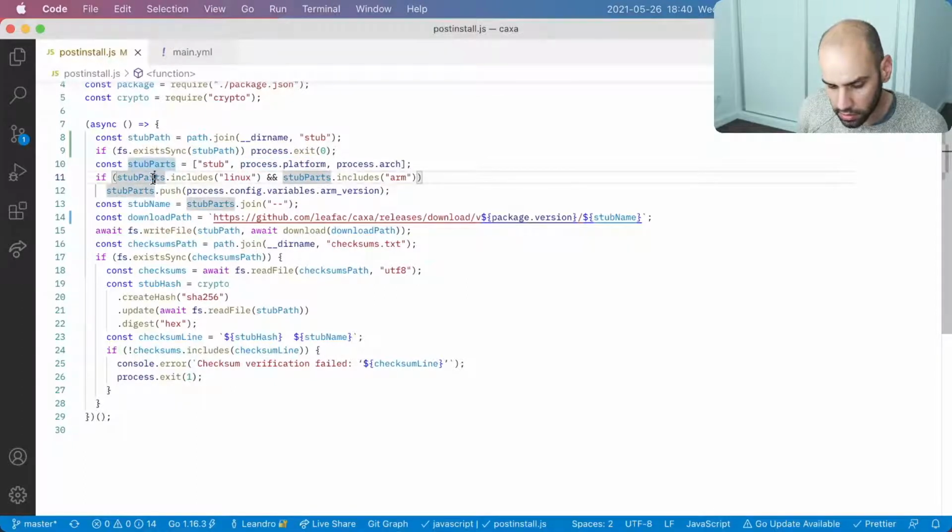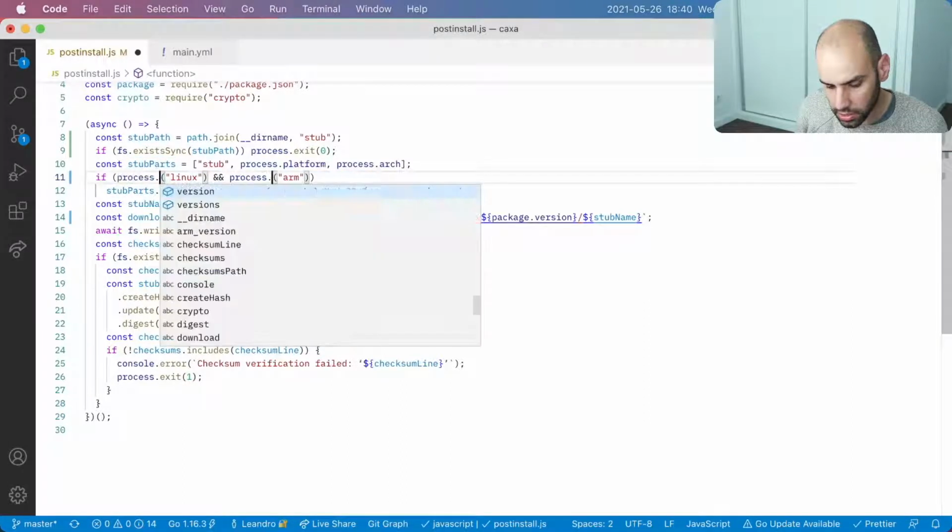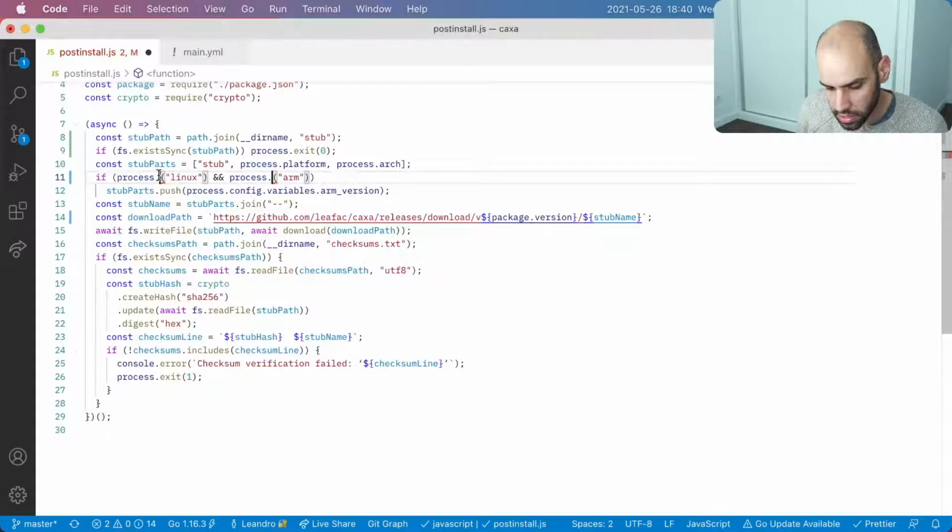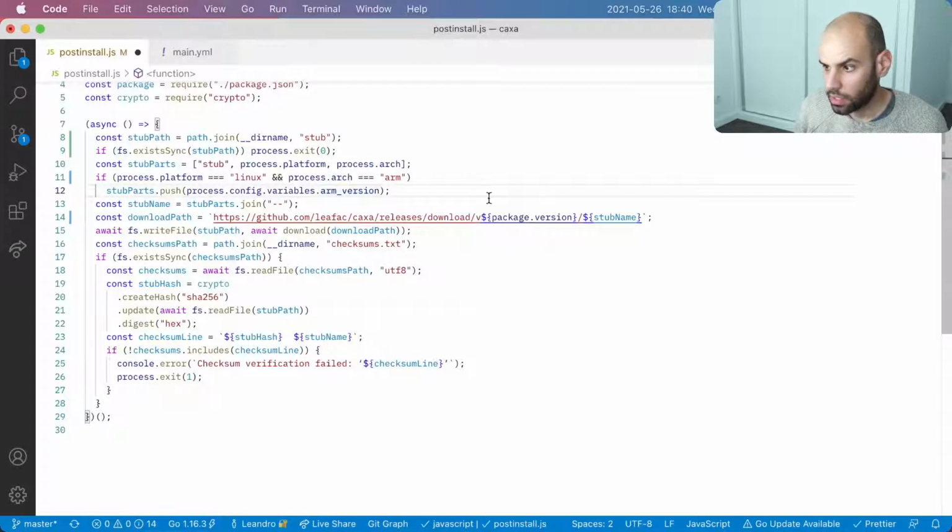It's kind of annoying. It's just mostly aesthetics, but since I am here, I'll do this. So process dot platform, and this is arch, and I'm checking whether they are equal to. And then only then I push the stub parts, the ARM version. You are welcome, Kunal.